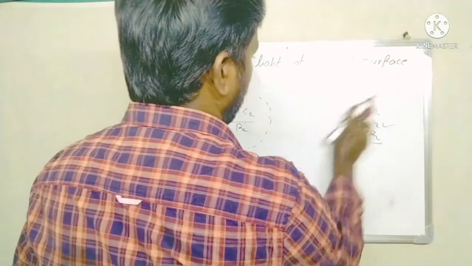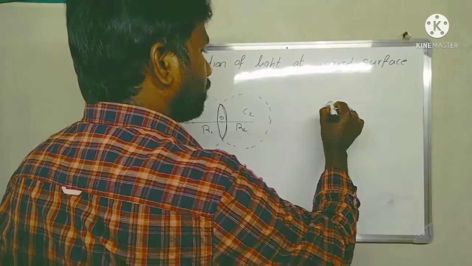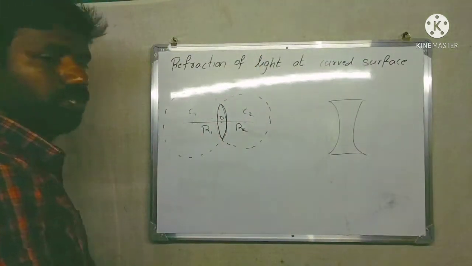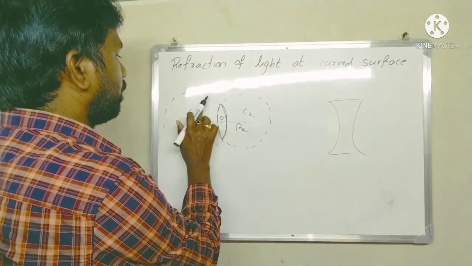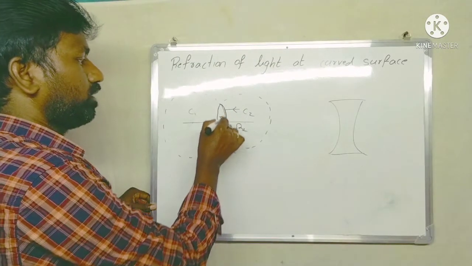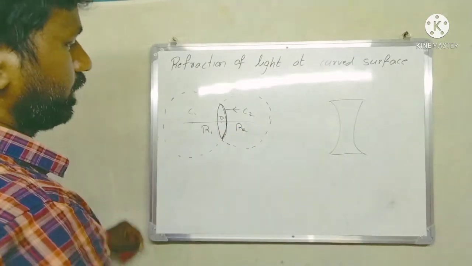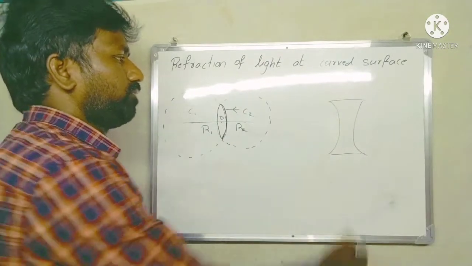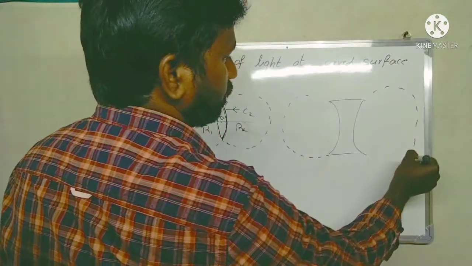This is for the convex lens, and now we'll see the concave lens. For the concave lens also it is the same thing. We have to consider C1 and C2, R1 and R2, depending on the side the light ray strikes. If the light strikes at this surface, this is the first surface for the incident ray. This is the imaginary sphere for the first curved surface, and we take its center as C1, and the rest we take as C2, with distance R2.